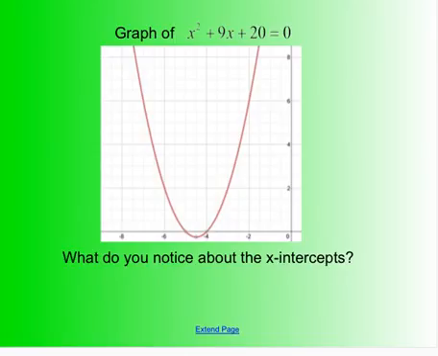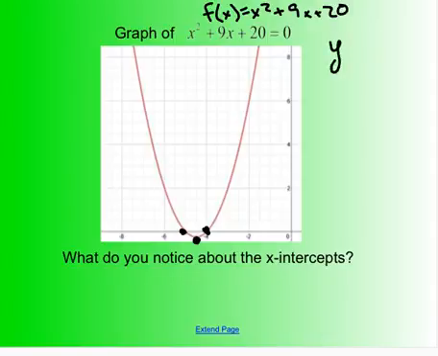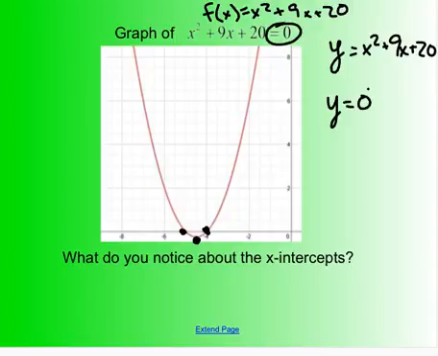Now, also, remember, this point down here is the vertex. Right? That's what it means to be a vertex. Your -4 answer and your -5 were the values where it equaled 0. Sometimes you'll see f of x equals x squared plus 9x plus 20. Sometimes you'll see y equals x squared plus 9x plus 20. There's many ways to write this, but if you took this equals 0 part,